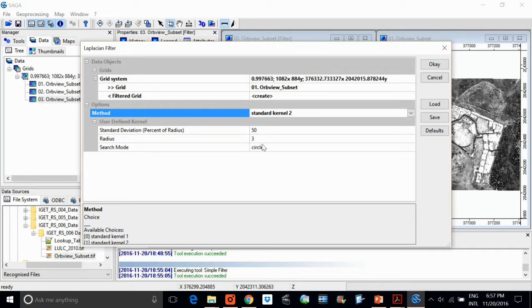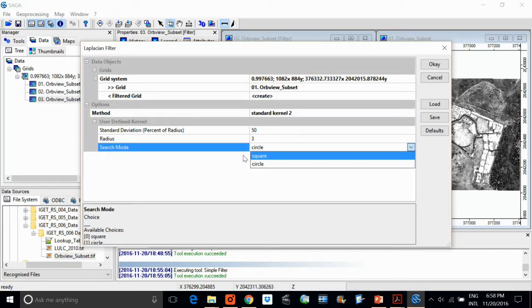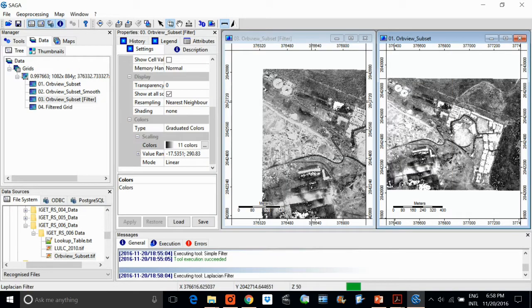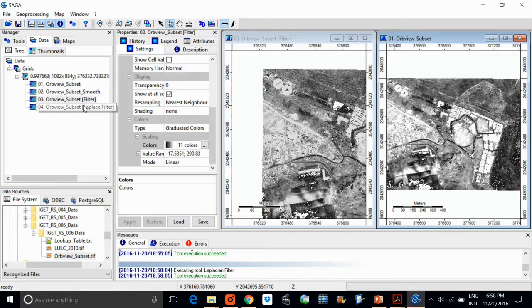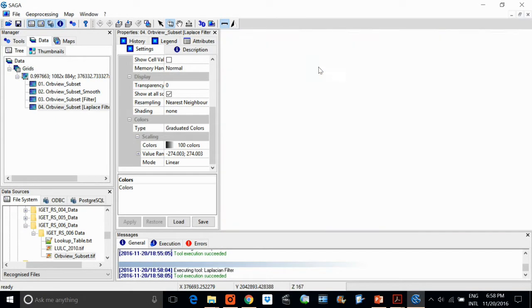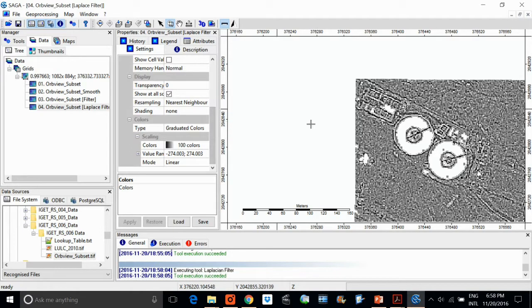Circle, let it be circle only. Radius, it depends, you can make it circle. Press OK. And this is Laplacian filter. See, now only the edges have come up.